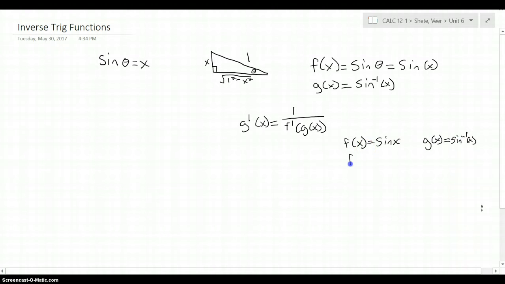And our f prime of x is equal to cosine x. So essentially what that means in this scenario is because our f prime of x is cosine x, we have to use our cos ratio from this triangle to find our denominator chunk. And once we ultimately do that, we will get our equation for our derivative